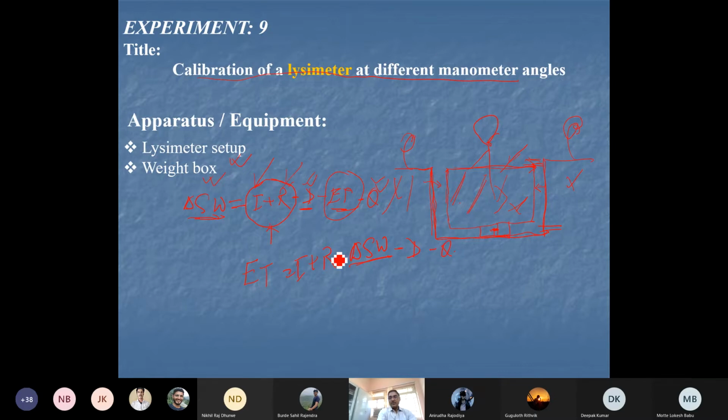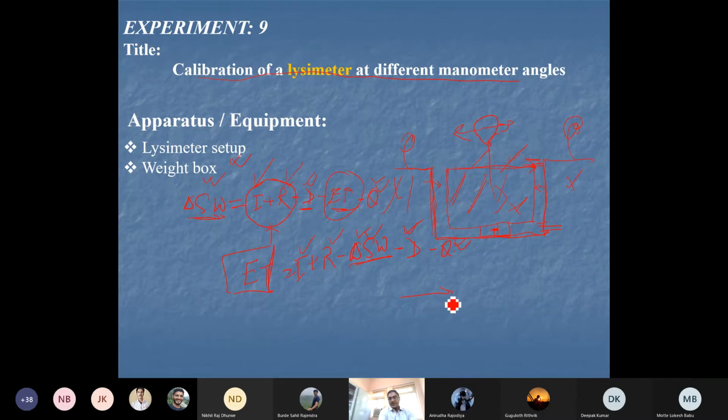So in this way, we know any addition, we know the change by weight, we know the drainage which is measured from the bottom, and if there is any surface runoff, we have measured it from the surface condition. We can find out what the ET is of this particular crop which is grown in this tank, or lysimetric tank. So this is the simple idea, and if you want a very clear idea of how it works, suppose